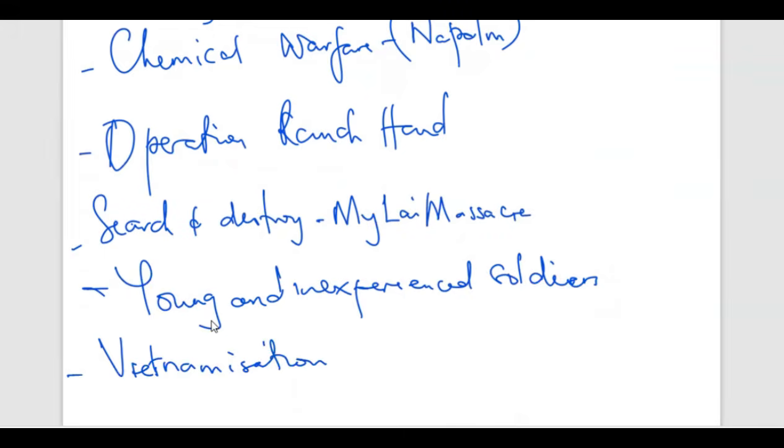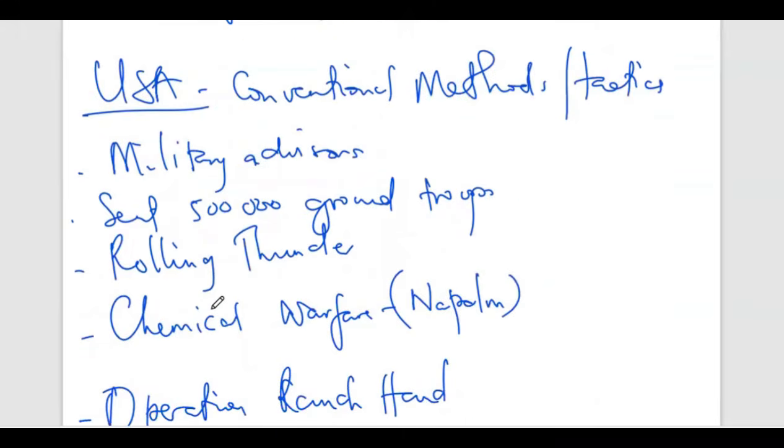These are some of the things that you can talk about as we look at the side of the Americans. But in construction of your paragraphs in the writing of the essay, when you are linking your statements, make sure that you link in a way that shows that though these ways were conventional, they were ineffective.